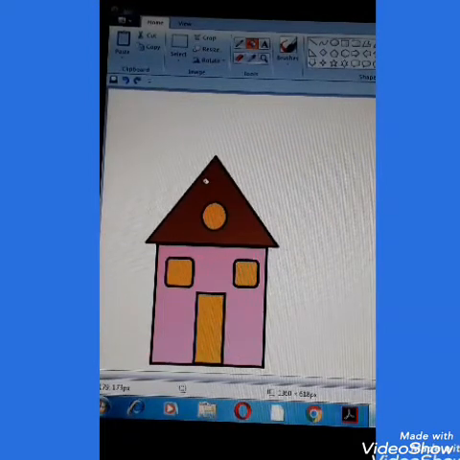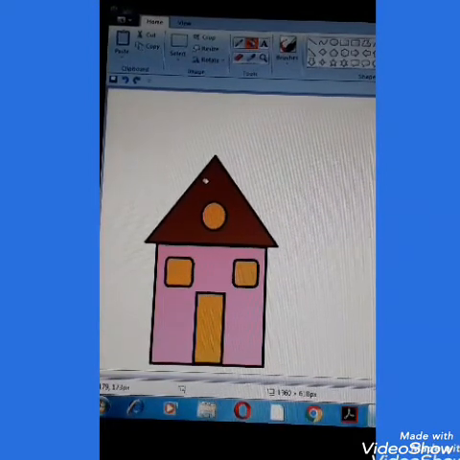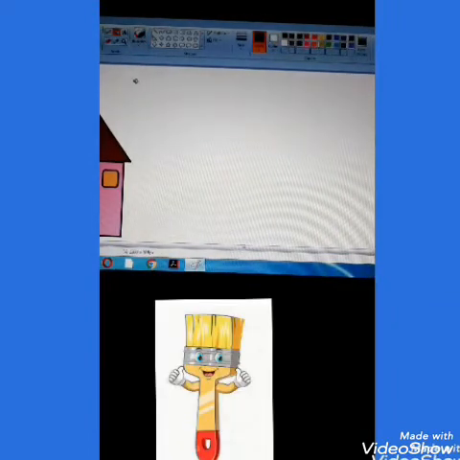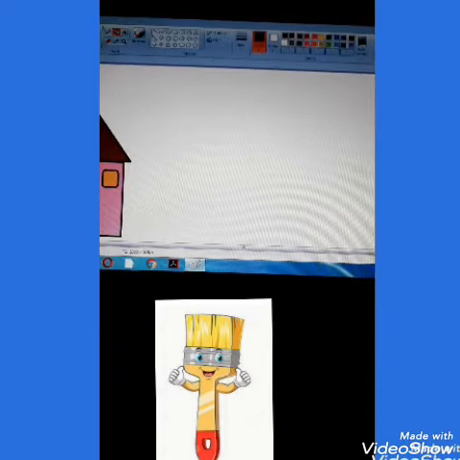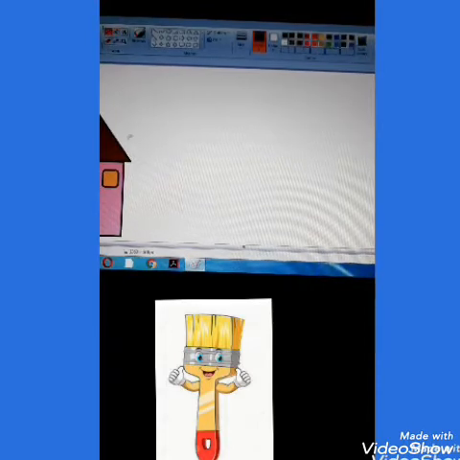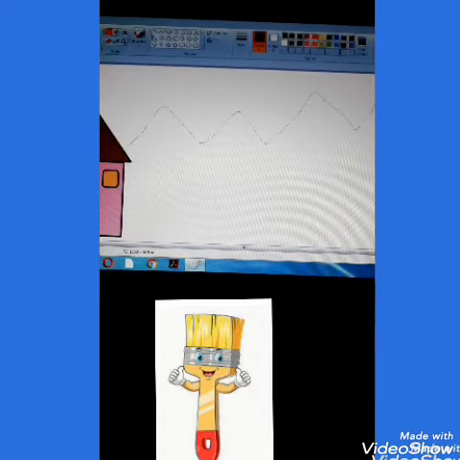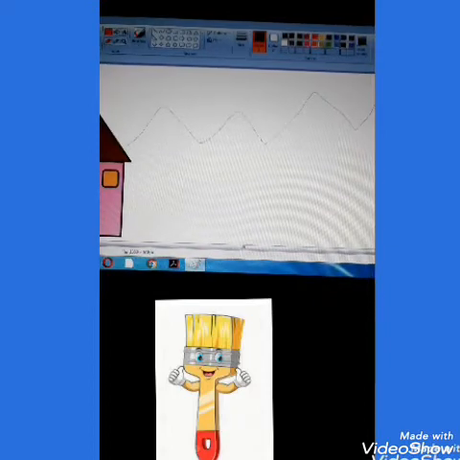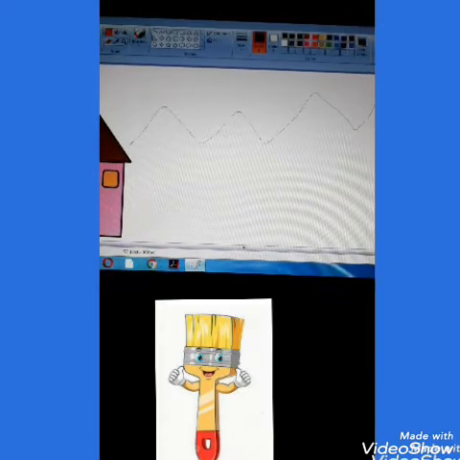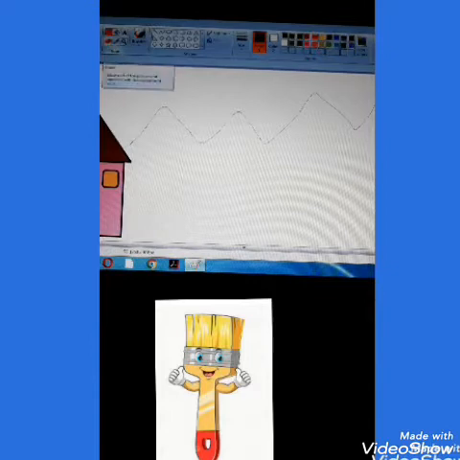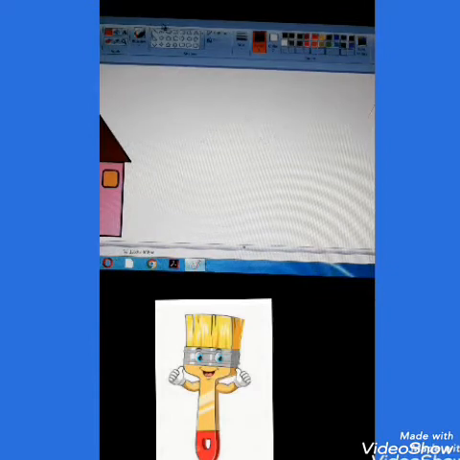Now we'll do the next part of the scenery. Next I will show you how to draw a mountain here, children. See children, some of you may use the pencil tool and do the mountain. This is also correct. I will not tell this is wrong. But here I don't want you to use the pencil. I want you all to use the curve tool. Yes, I have showed you the curve tool. See, you have to take the curve tool.